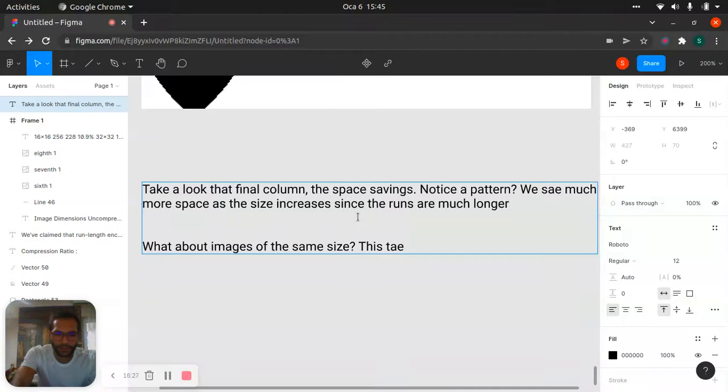So just think, we have different images, but they have the same size. This table summarizes